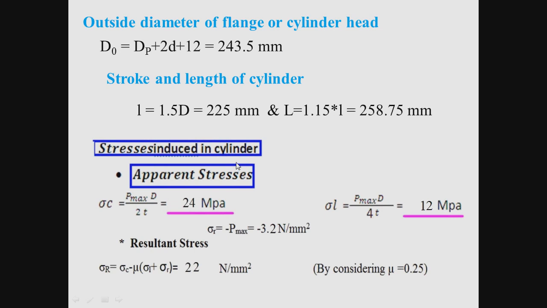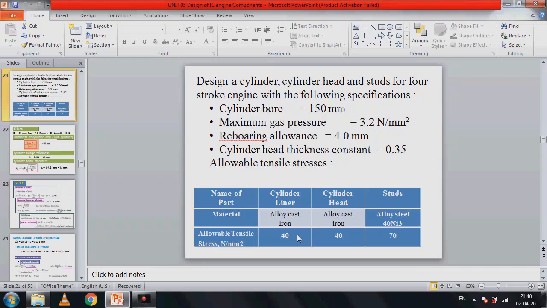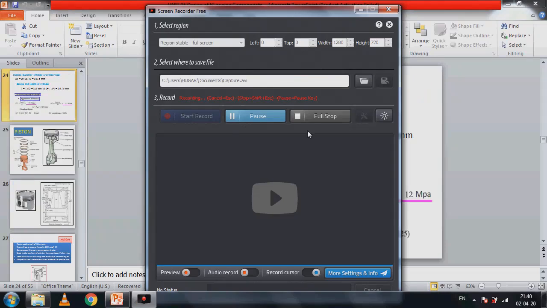So this is the problem on the design of cylinder and cylinder head. Normally this type of problem will be asked for 10 to 12 marks in some end semester exams. So you should also solve some more problems from the previous question papers. If you have any doubts, you can